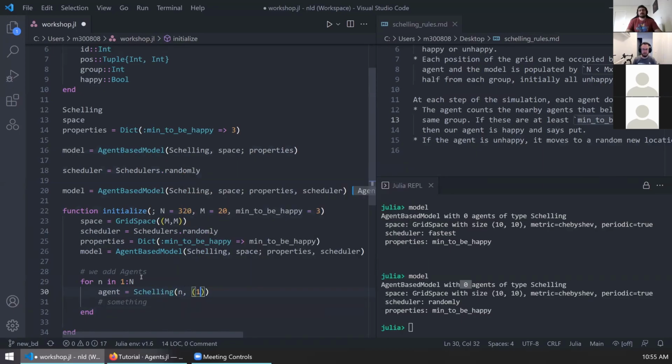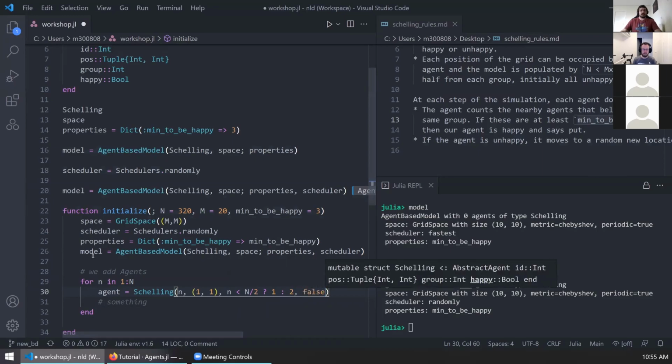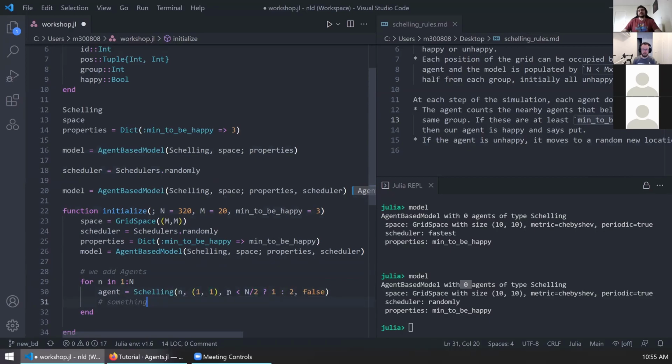It is in position 1, 1, and it belongs to which group? Well, here I will type something a bit fancy, but don't worry, it's very simple: 1, 2. What this says is something called the ternary operator. It says, if condition is true, return this, else return this. So this simply means that half the agents will belong to group 1 and the other half will belong to group 2. And as you will notice, every agent starts unhappy